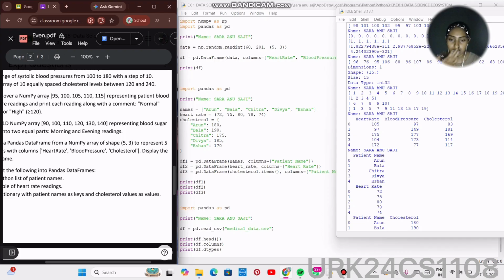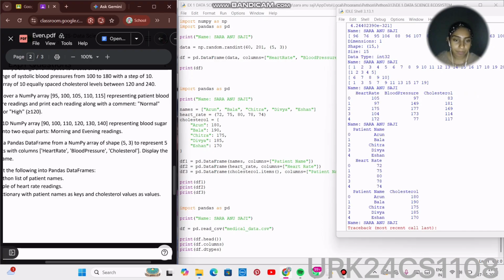So what we've done is we have used pd.read_csv to read all this data, and then df.head, and then df.columns, and df.dtypes will print every data type as well. So here we've got all the